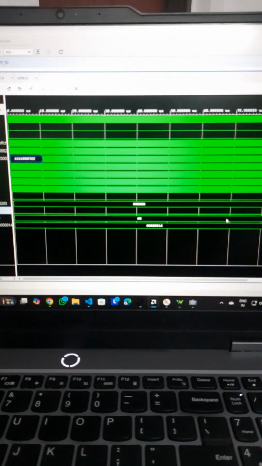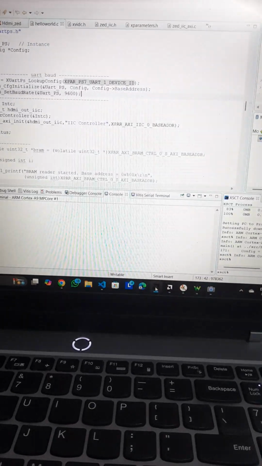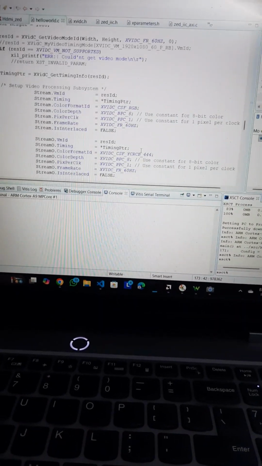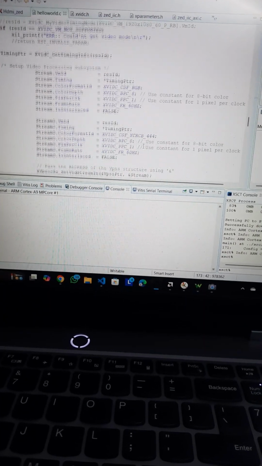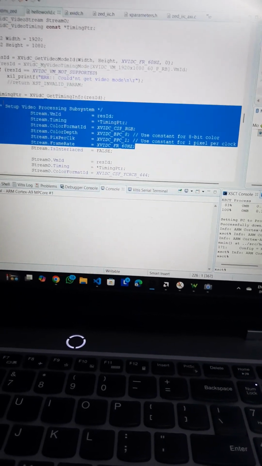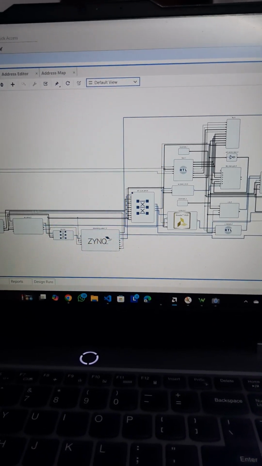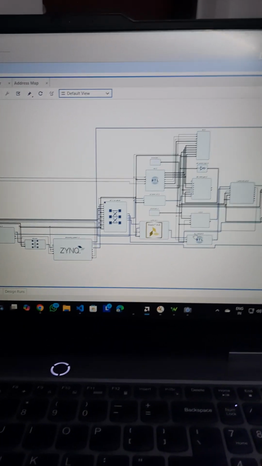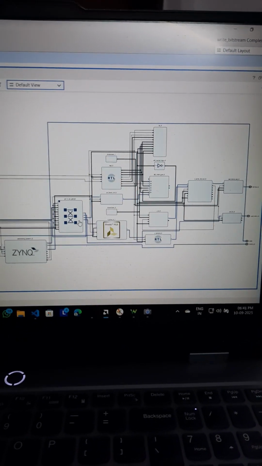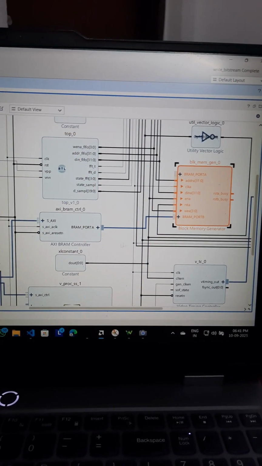Next, I configured this in Vitis, and here I have written the C code for configuring all the IP cores that I've used for displaying the HDMI output. For HDMI output you have to use certain video DMA IPs and all. This is the Vivado block diagram, and here you can see there are lots of IPs being used for HDMI output. Here is my custom module which is writing to a block RAM,